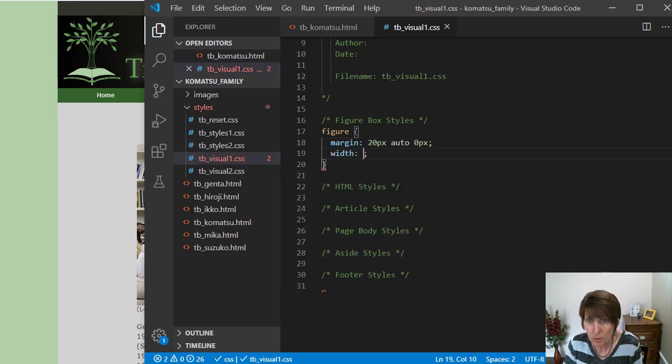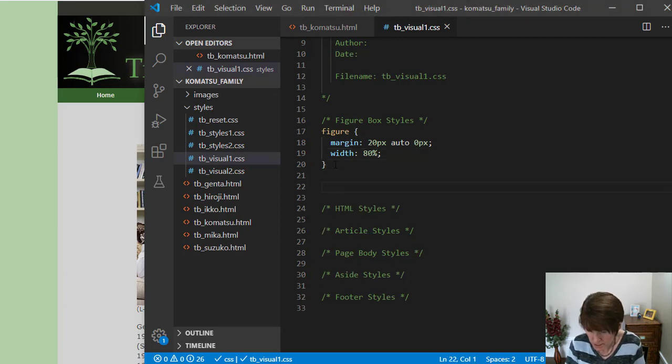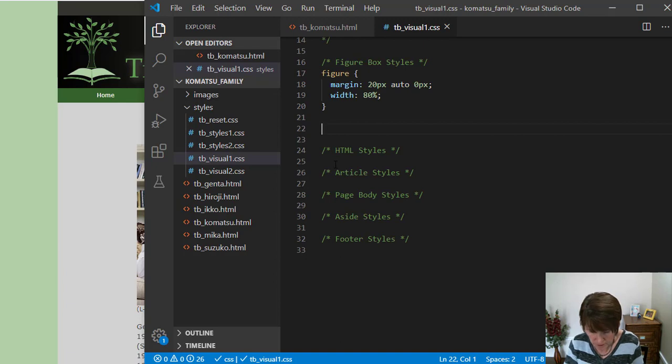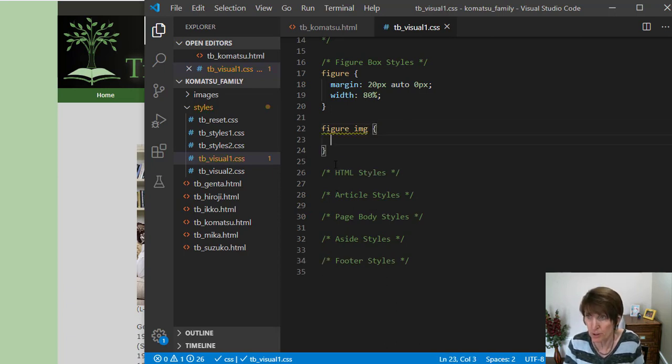And then we want the width at 80%. And this is saying that that figure box will take up 80% of the width of its container. Next, we'll style the image that's in there. And so for this one, for the selector, we'll use figure img, and that's for any image that is in that figure box. And we want to display